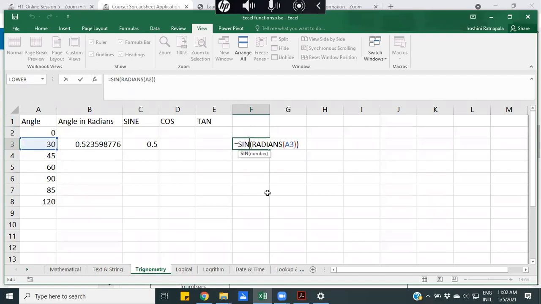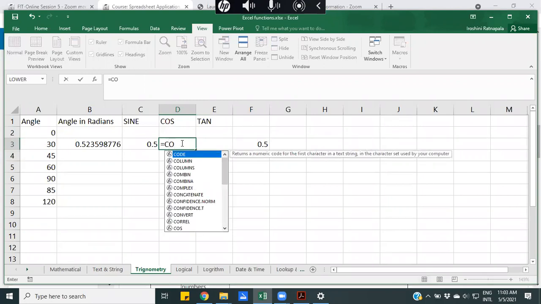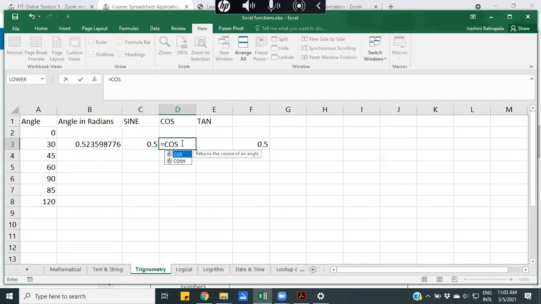Very similarly for cos, the function is exactly cos. We can have radians, select the angle, close the bracket of the radians function, close the bracket of the cos function, then press enter.